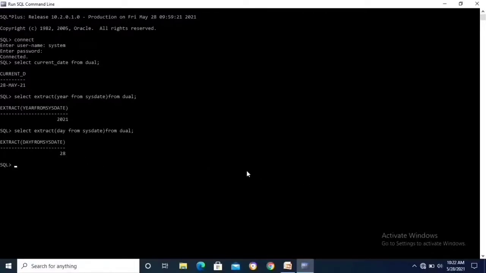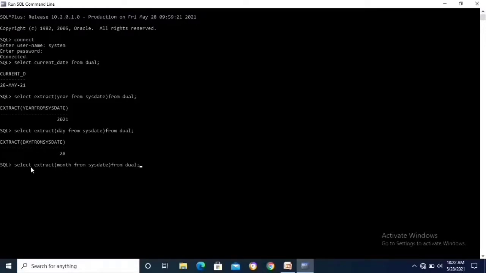Next command. Next, the month command. Month is displayed. Select extract of month from sysdate from dual, semicolon.